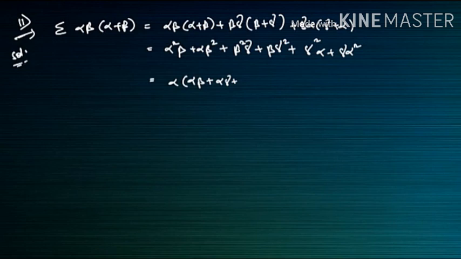So I will add and minus alpha beta gamma here. Okay, so from this I will take alpha common, then beta gamma will come here, and plus another thing: beta I will take common from these three terms. So beta will come from this one, alpha beta will remain, plus beta common to beta gamma will remain. So I will add minus alpha beta gamma again.